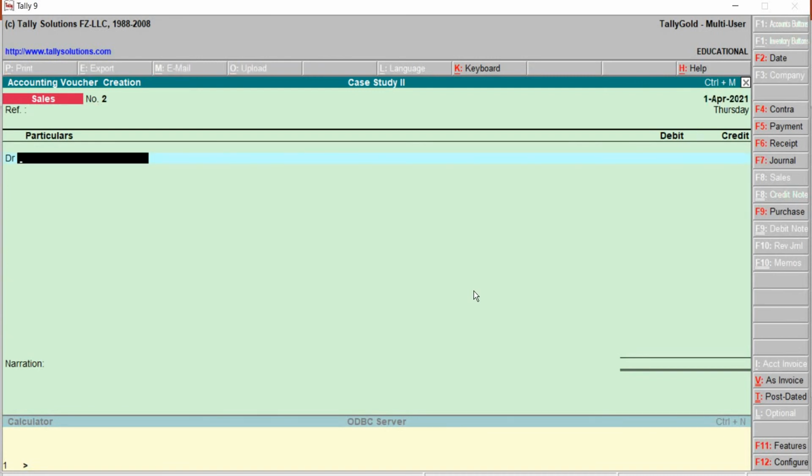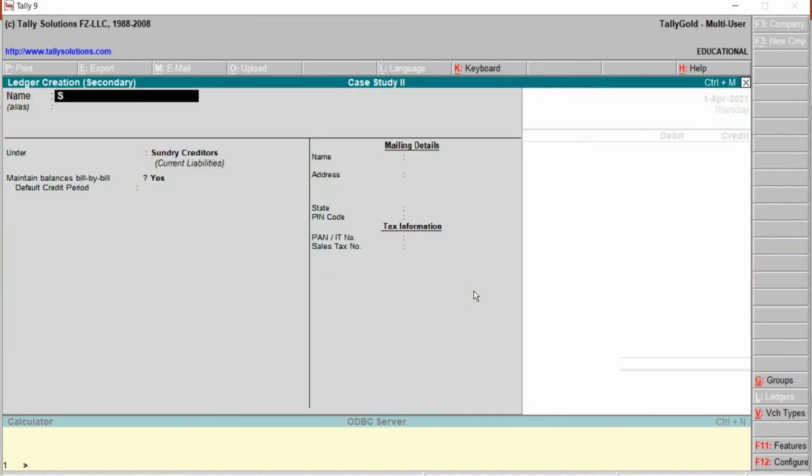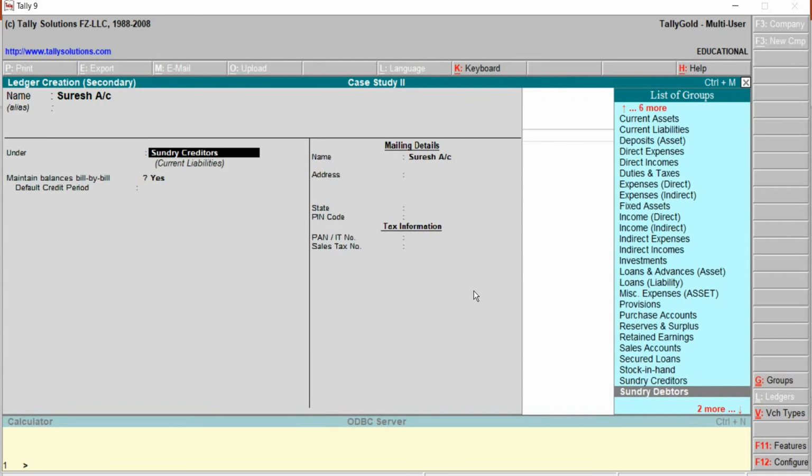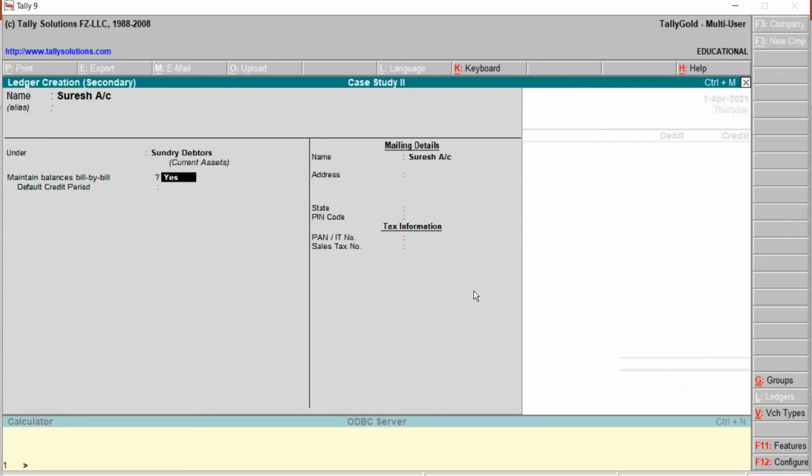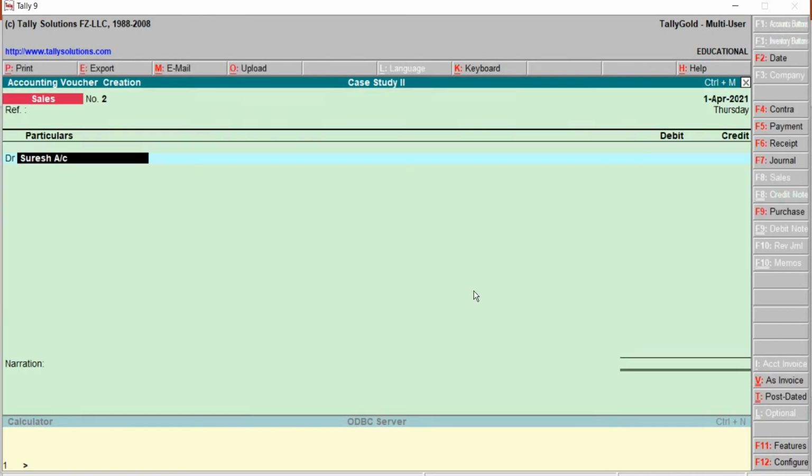Debit will be what here? Suresh account which has to be created. Alt C to create. Suresh account alias blank. Then this has to be allocated under the group that will be sundry debtors. Then Control A, save and quit back.